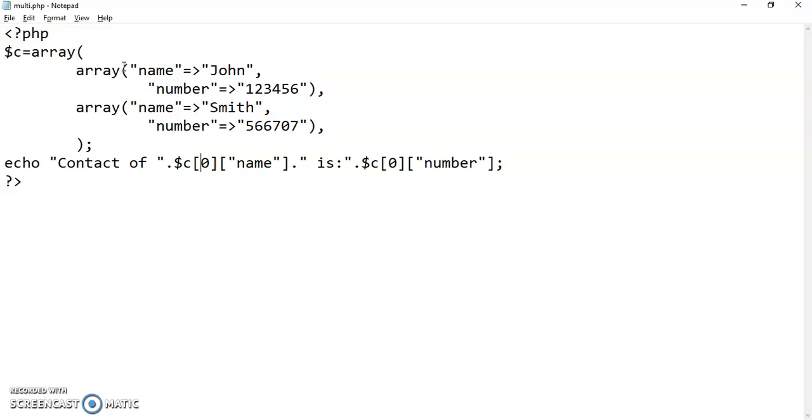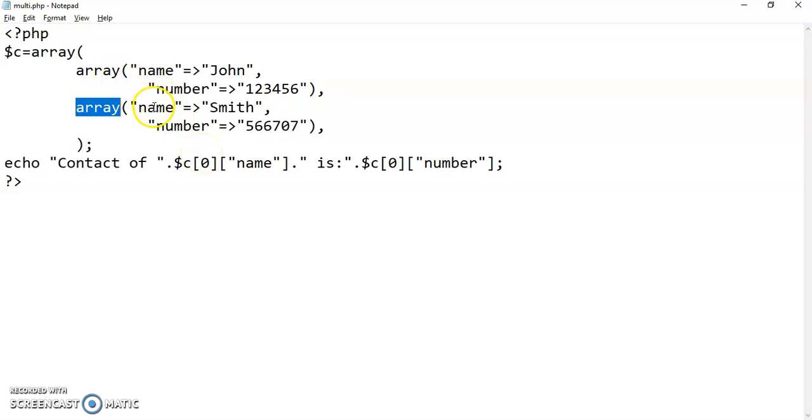Even if I have not mentioned the index anywhere, since I am making use of this array object over here, and since I am writing something inside that array, every row is going to have its own index. So the first time I have called the array inside the array method, the row index is 0. The second time I call it, the row index is going to be 1. So we have to be careful with that.